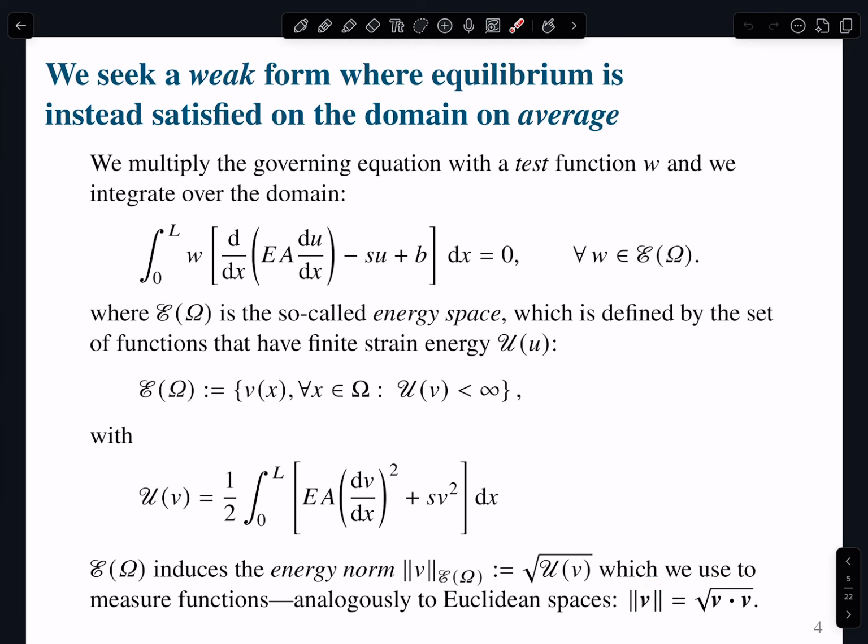That's the way we normally measure the length of a vector in Euclidean spaces. But now we have something that is going to help us measure things in functional spaces. So this, of course, becomes fundamental when we try to do, for instance, convergence analysis, because when you obtain a solution, well, you want to see how good or bad your solution is.